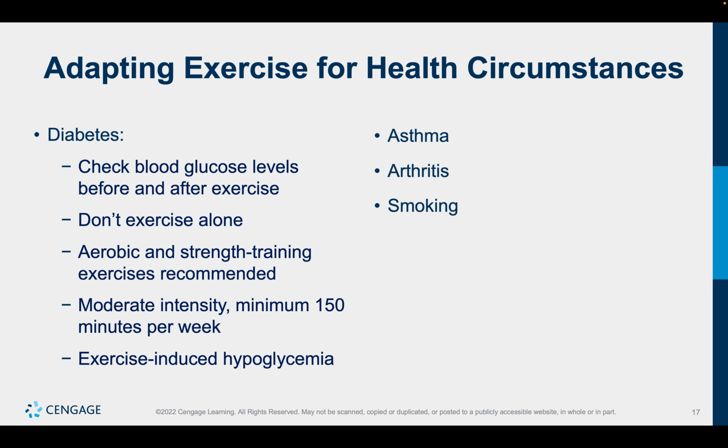Aerobic and strength training exercises are recommended for people with diabetes, but moderate intensity, a minimum of 150 minutes per week. They might also experience something called exercise-induced hypoglycemia. And that is that they experience high peaks of glycemic index because of the exercise. The body is trying to store glucose to create and use energy for the body to move, which can result in experiencing exercise-induced hypoglycemia. And again, this must be checked, and the person must be always working with somebody else